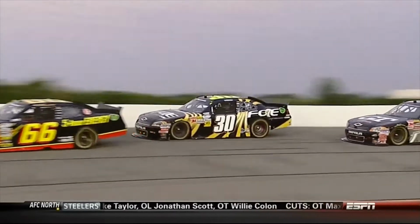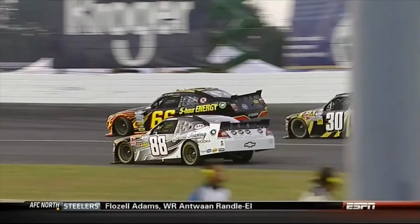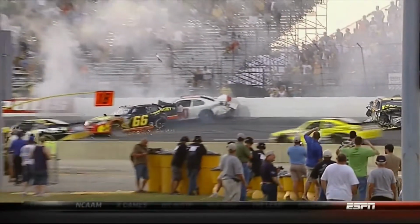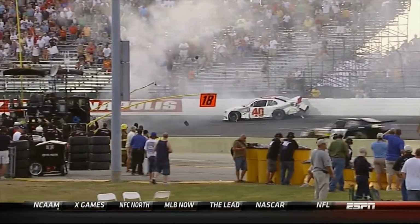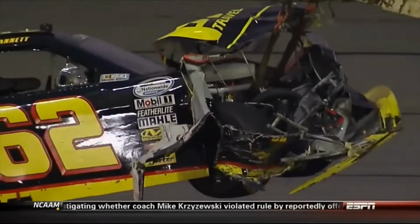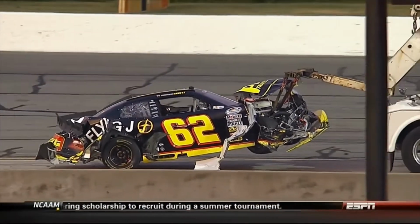Both of these drivers, the 30 and the 66, are trying to get down below the accident, trying to get on the brakes, and they just get sideways. Yeah, you could see the front wheels. Steven just was not able to get it to turn. Well, he was steering into the spin. Yep. And that's the only option you have on corner entry. And eventually the wall comes to you. Well,